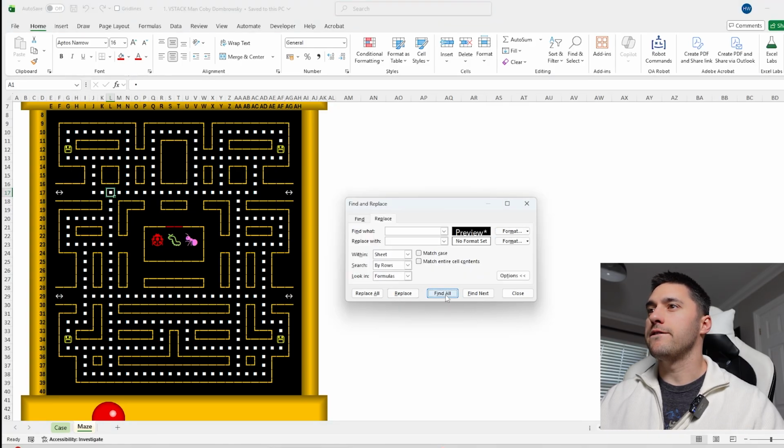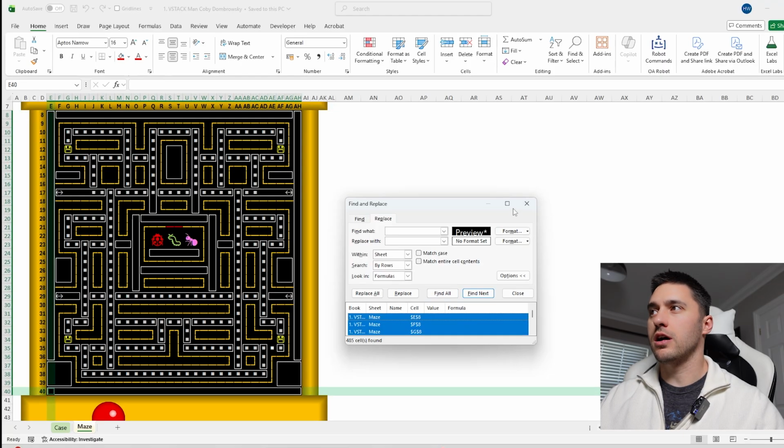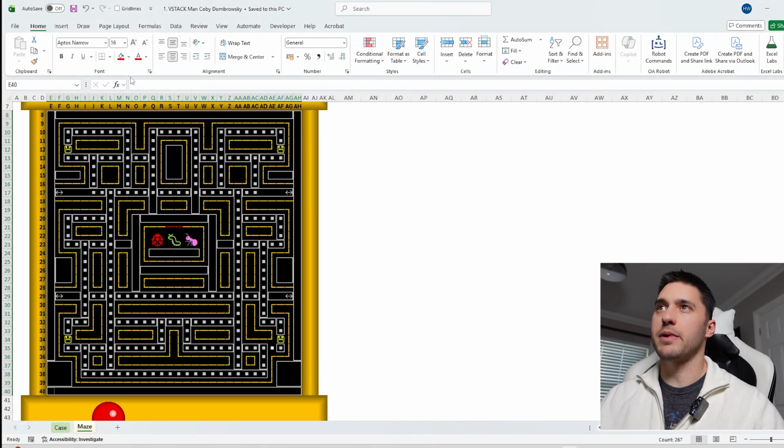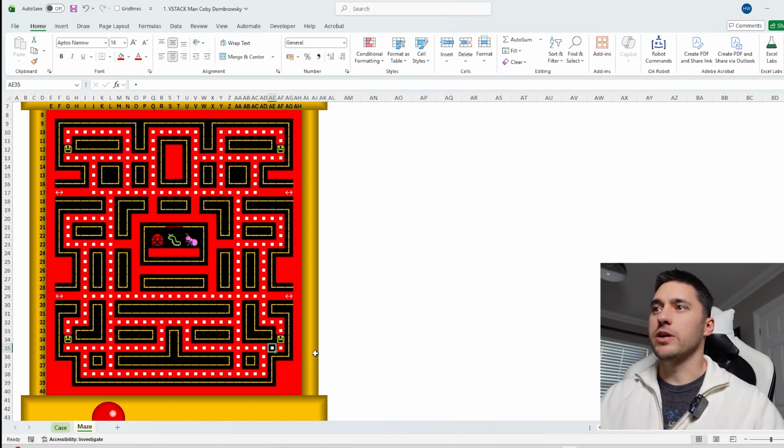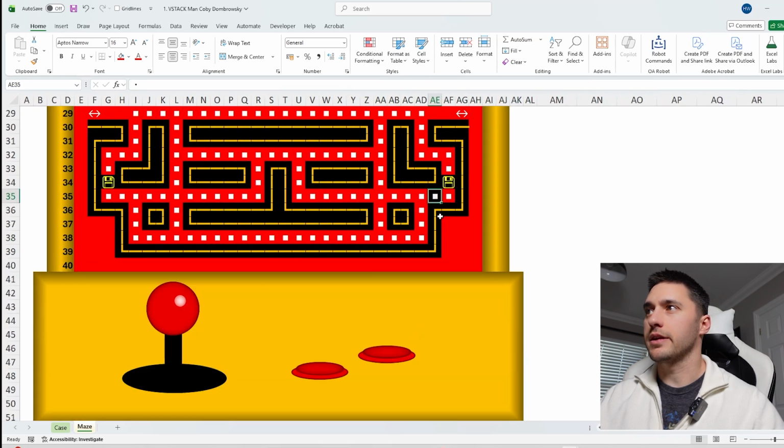I can then find all, Control A to highlight all of those, and I get all of the cells that match my description. Still quite hard to find the dot that's a different color, but what if we put them all in red? Well, we can see there's a dot here that's missing in AE35, so that was the answer